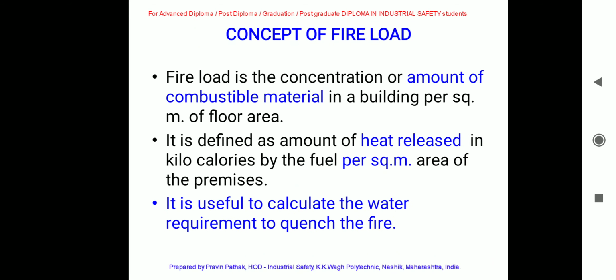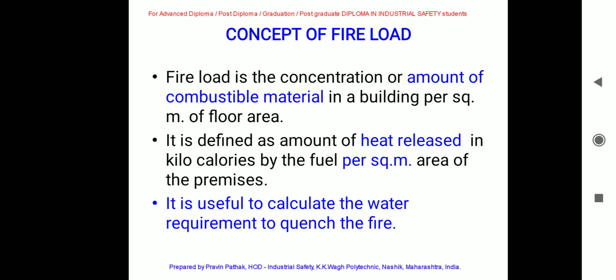So these are the overall causes for fire. Now what is meant by fire load? We know that after catching fire we have to extinguish that fire, and for fire extinguishment there are different substances used. That is water, dry chemical powder, mechanical foam, halon, CO2, etc. But the common fire extinguishing medium is water. So we must know how much water is required to extinguish a particular fire. For that quantity we must know the fire load concept.